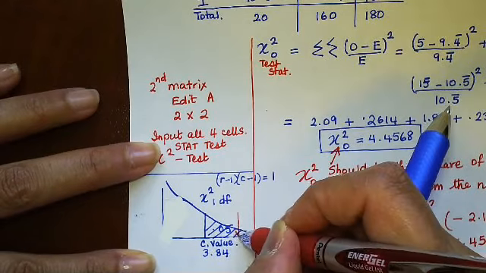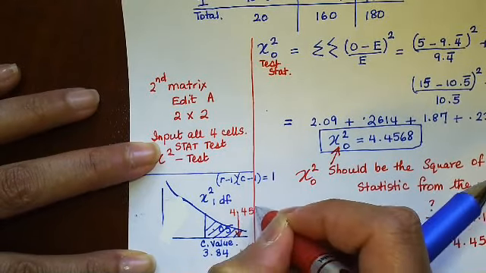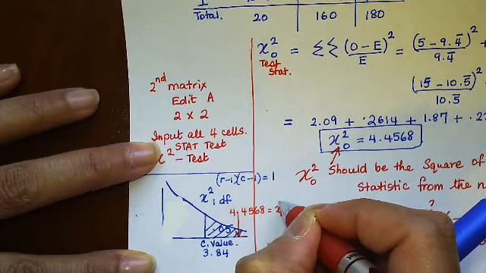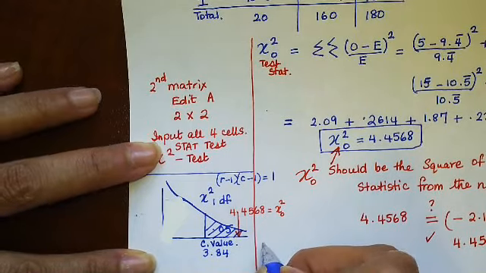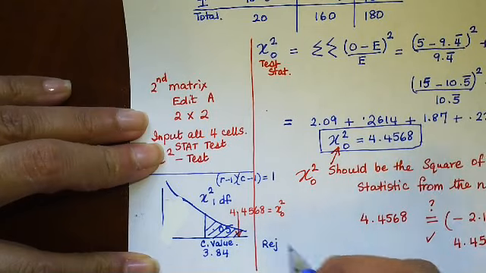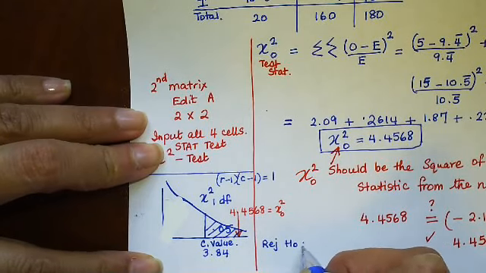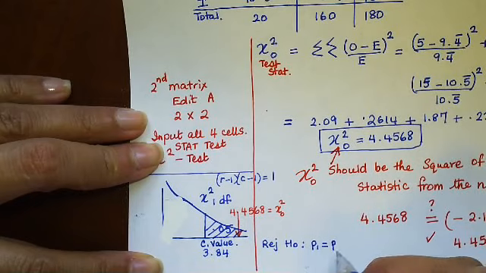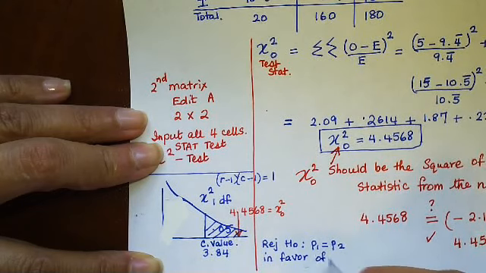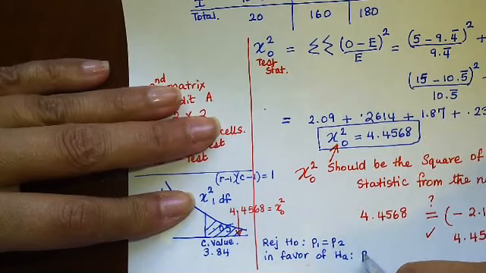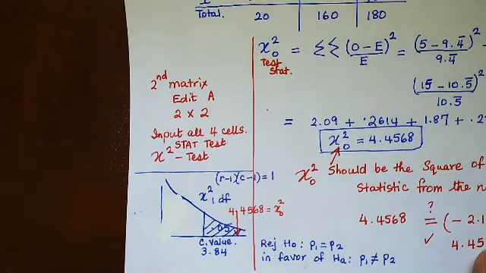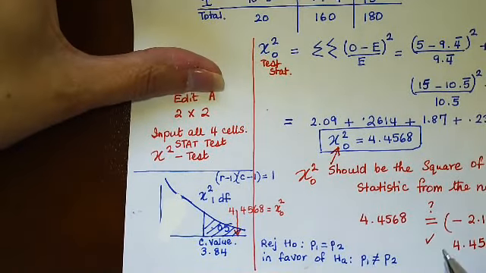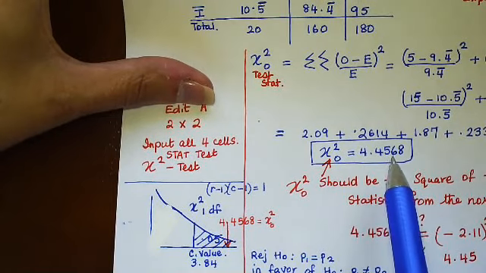And then I go and I drop this 4.45 number into this picture, and I'm here. So 4.4568 is equal to chi-naught squared, the test statistic. So I do fall in the rejection region, so I would reject H naught, which says that P1 equals P2, in favor of HA, which says that P1 is not equal to P2. That would be my conclusion for using the chi-square test, which we failed to mention